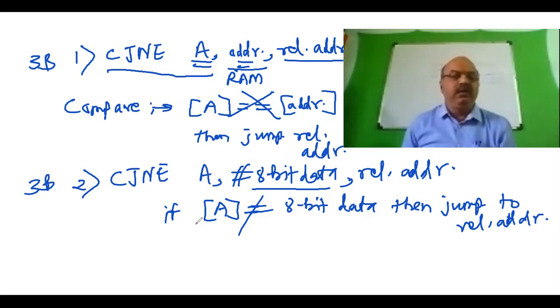Correct. Only variation is one data is in accumulator, no doubt. Second data is changing. In the first instruction, we are providing the second data in the address, RAM address. In the second instruction, we are providing the second data directly in the instruction itself. Correct. And third instruction, CJNE,